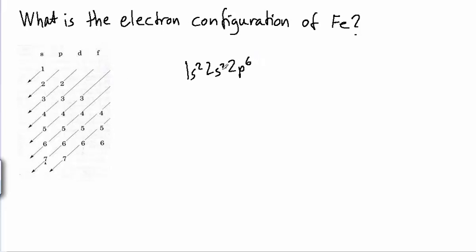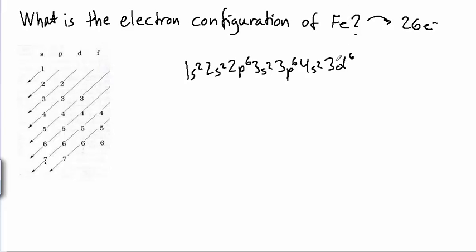So then next is 3s with 2. And we come to the end, then we start again, then it's 3p with 6, and we have 4s with 2. Now I have 20 electrons, and iron has 26 electrons. So then we end on 3d, and we place 6 electrons there because then we have completed the number of electrons needed for the iron atom.